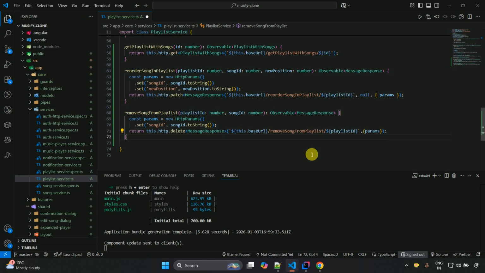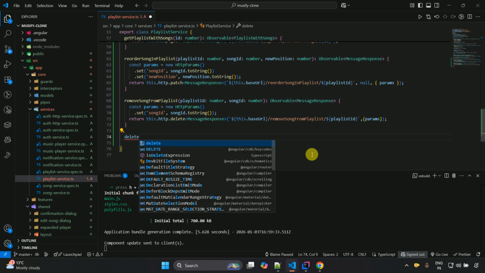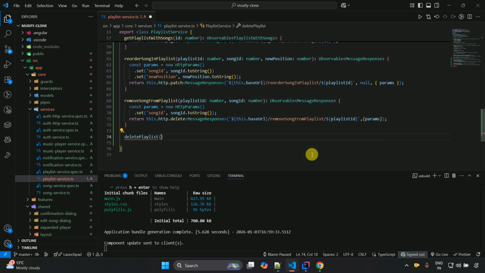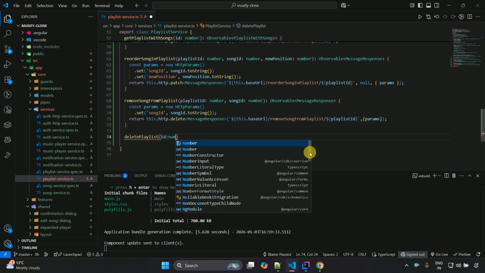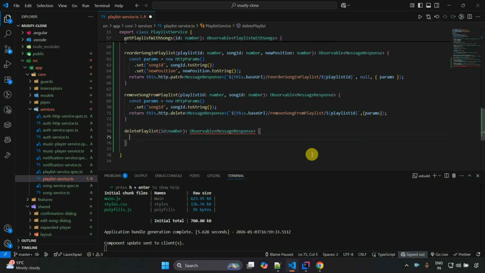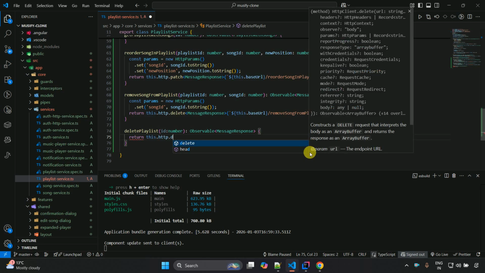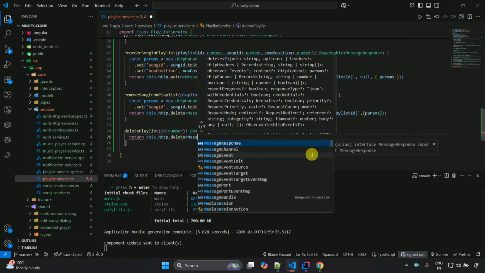And after this one, the next method is related to delete a playlist. So deletePlaylist, and in this one I'm just expecting an id which is of a playlist id, and then Observable, and over here we have to pass the MessageResponse. Close this one, curly brackets, and then return this.http, okay, there should be a cap, this.http.delete, and then MessageResponse. Close this one,